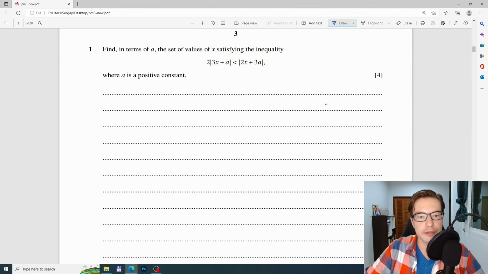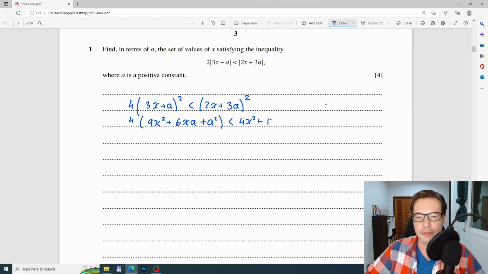So let's get started. First of all, square both sides, and we get 4 times (3x plus a) squared less than (2x plus 3a) squared. Okay, so let's square the brackets, and we'll get 9x squared plus 6xa plus a squared less than 4x squared plus 12ax plus 9a squared. Okay, expand the bracket on the left, and we'll get 36x